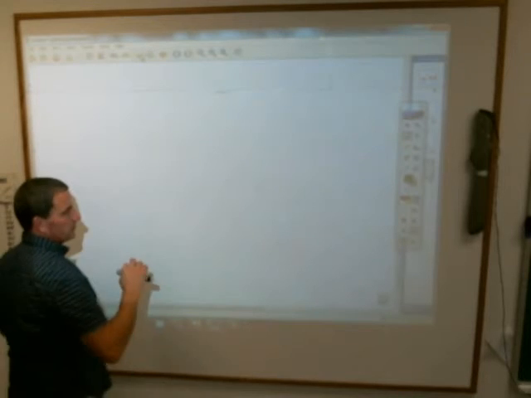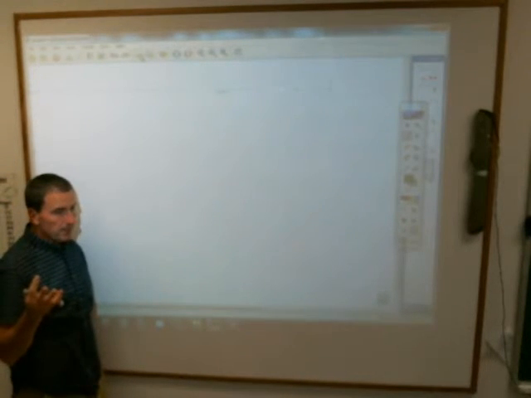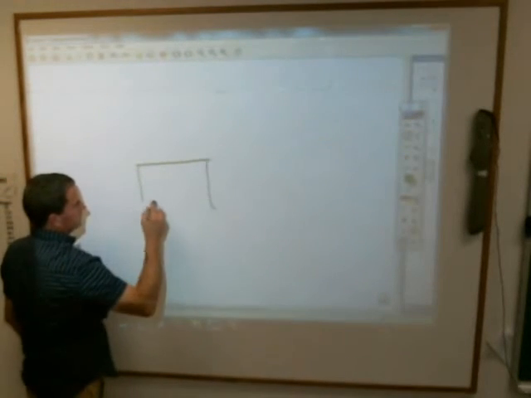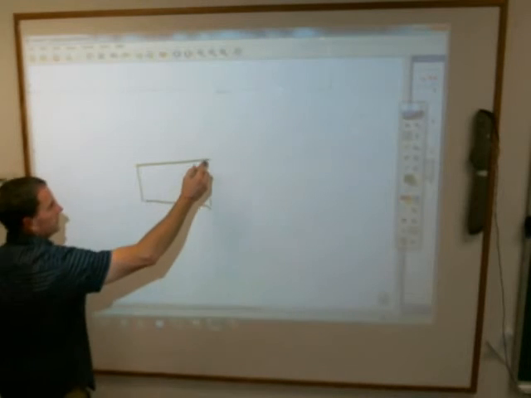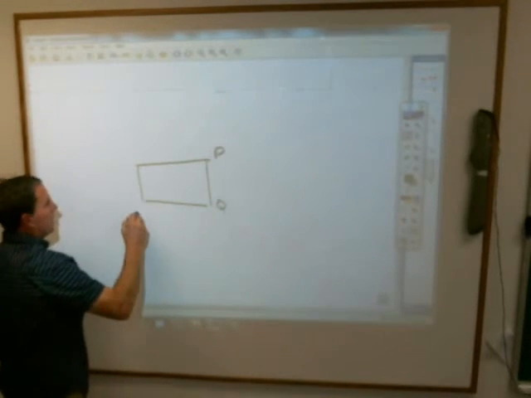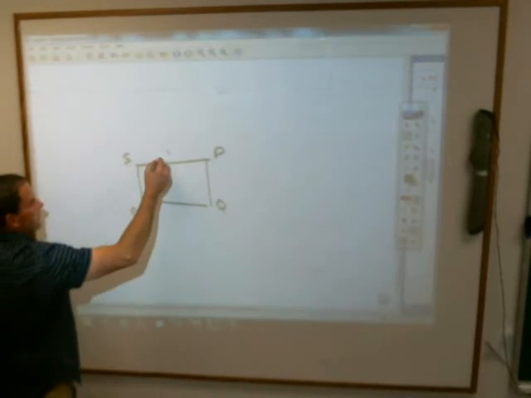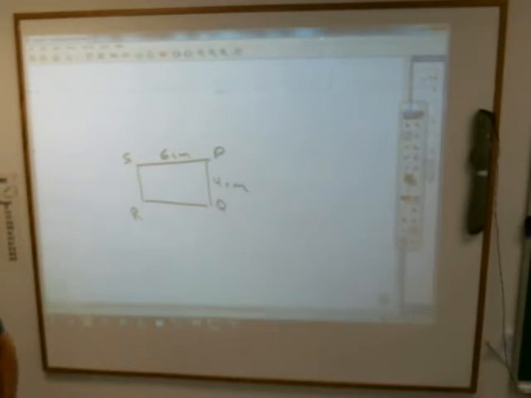If it's a scale factor of 3, what does that mean, Isabel? You're starting off with your first rectangle that looks like this, right? And that rectangle is, what do they give you? P, Q, R, and S, right here, right? What are the measurements of that? It is 6 centimeters by 4 centimeters. If that is dilated, if the scale factor is 3 times,